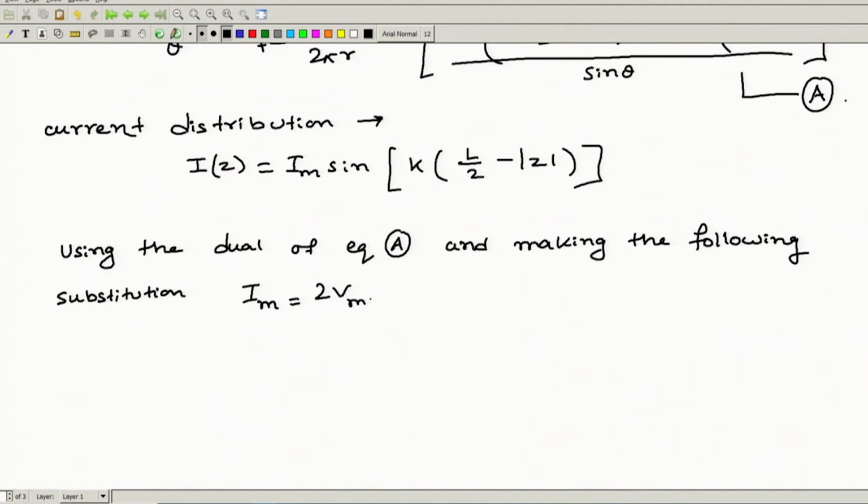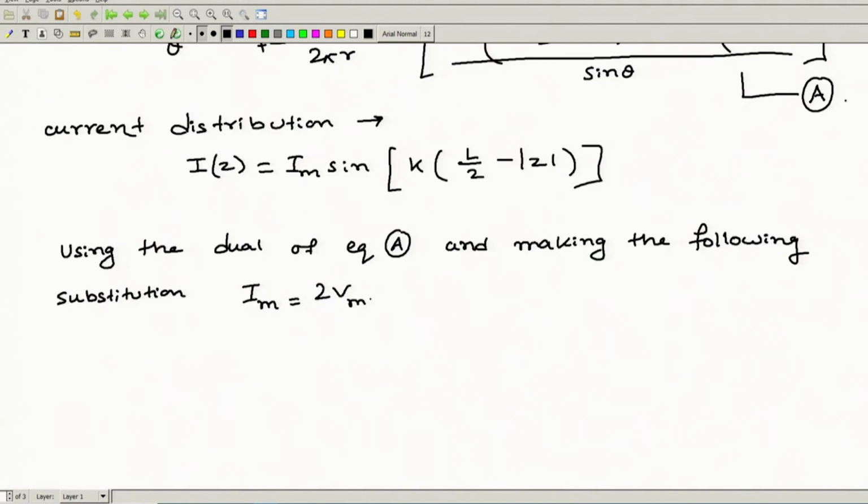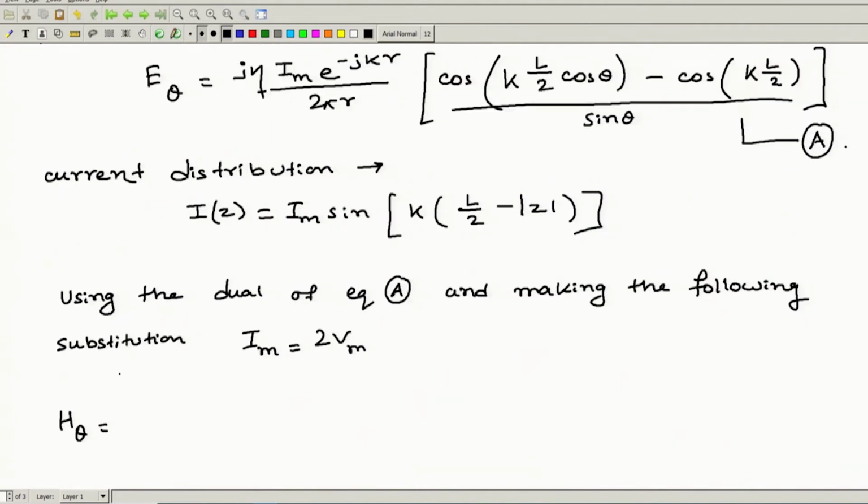Using duality from equation A, E theta will be H theta. In place of eta we will have 1 upon eta, and in place of Im we have twice Vm,